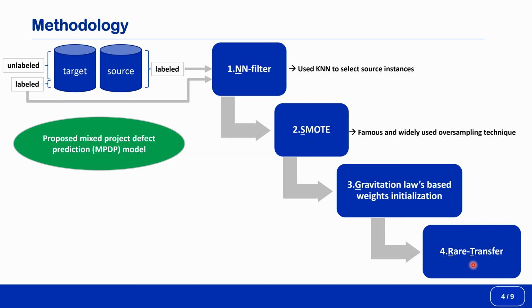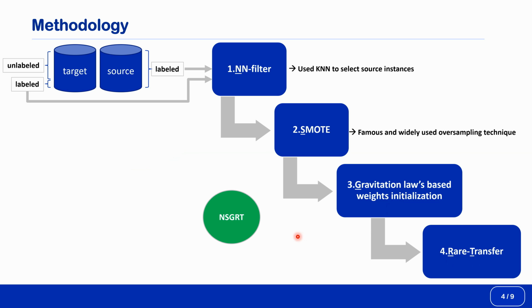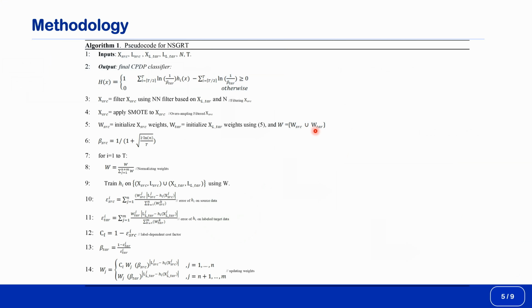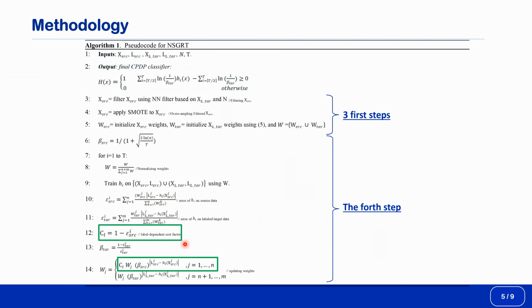In Rare Transfer, a label-dependent cost factor is introduced, which prevents the effect of source instances from disappearing, especially the defective instances, which are more vulnerable to getting wrong labels. We named our model NSGRT. This name is taken from the first letters of each of the 4 steps. Here you can see the pseudocode for NSGRT. In the green boxes, you can see how the label-dependent cost factor is defined and how it is used in our first